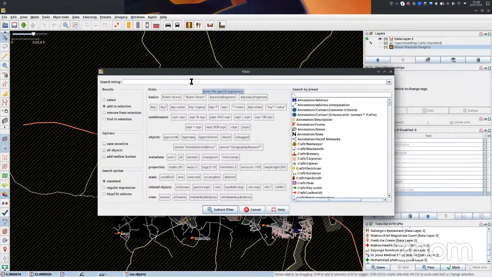I know how roads are tagged in OpenStreetMap. Roads are tagged as highways. So I'll write highway and then equals star, which is the asterisk. What that means is filter out all roads. So if I come here and submit my filter,